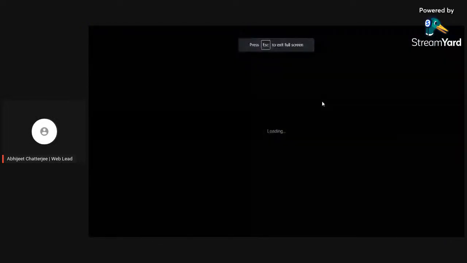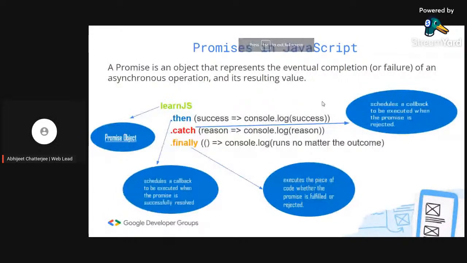promises. The most typical part of the presentation will be this. Now, a promise in JavaScript is an object that represents the eventual completion or failure of an asynchronous operation. To better understand this, let's go back to school days. Assume learn.js is the main action that you want to perform, which is to go to school. The learn.js is your promise object. Unless you get up, nothing is happening; you won't go to school at all. Assuming you get up,